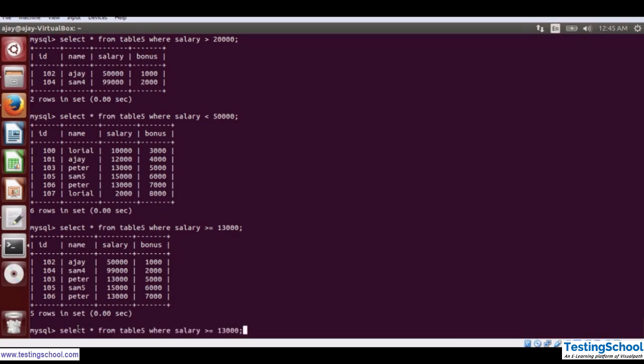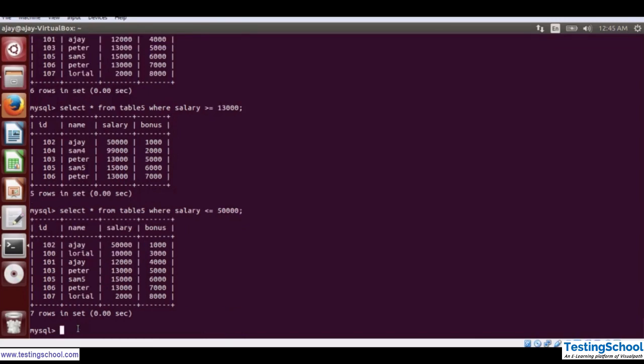In a similar manner, you can use less than or equal to, let's say 50,000. It will display the result of less than or equal to 50,000. The 99,000 row is now removed. It is not available here. So like this, you can use the different operators like greater than or equal to, or simple greater than, less than,